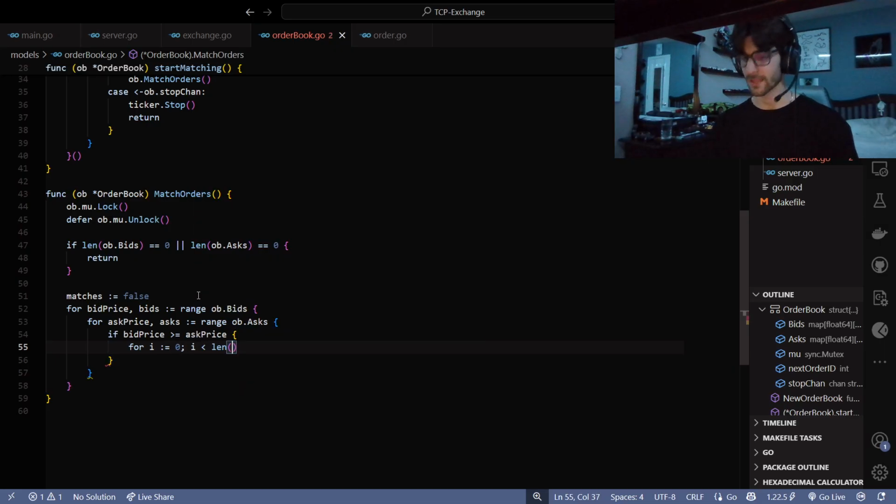I less than the length of our bids, because this is the index that we want to focus on right now too. And then I plus plus. Cool. Now